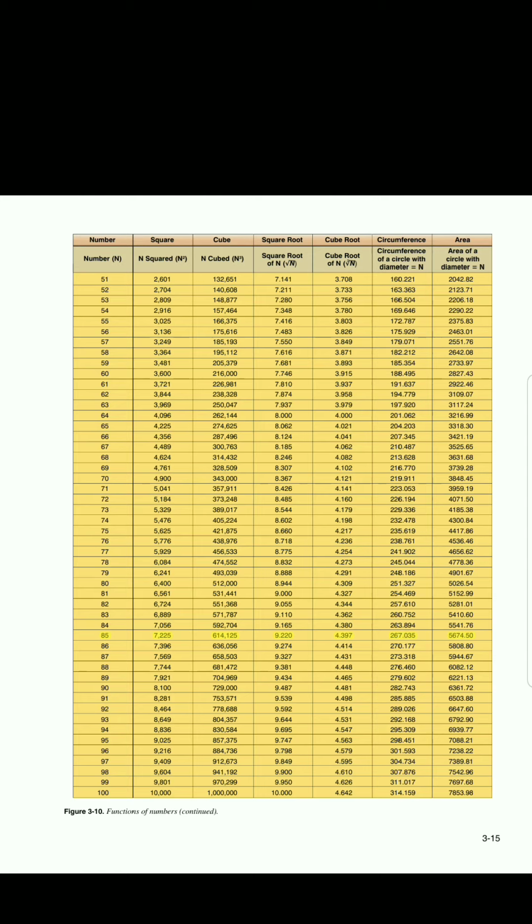614,125, 9.220, 4.397, 267,035, 5674.50. 86, 7,396, 636,056, 9.274, 4.414, 270,177, 5808.80. 87, 7,569, 658,503, 9.327, 4.431, 273,318, 5944.67. 88, 7,744,